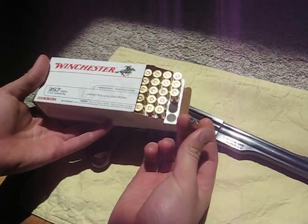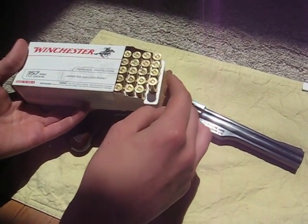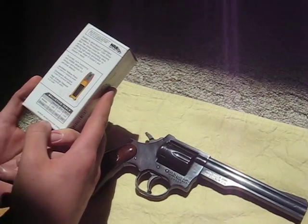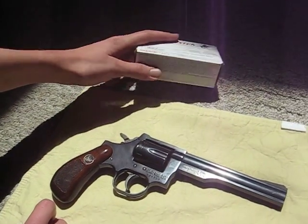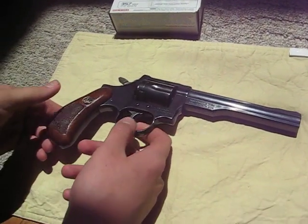It's a fairly large hollow point on this ammo as well. It has an advertised velocity of 1295 and 410 foot-pounds of energy at the barrel. And so there's that. And I told him I bought some, so he went to his safe and pulled out